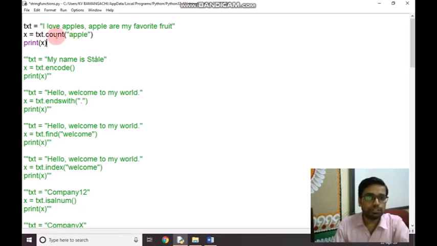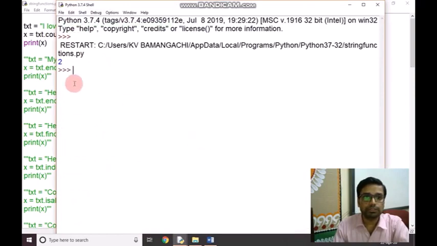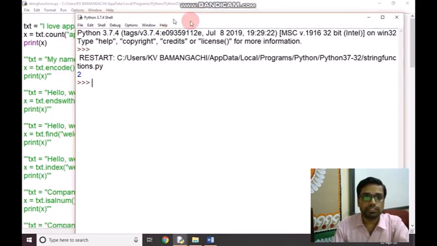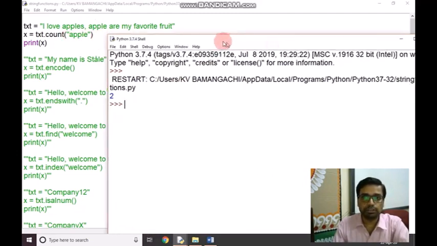So the count function will count the word apple in the given string. If we run this program, we will find 2. It is showing 2 because it is counting apple as one string and apple as another string. So it is returning the number 2.